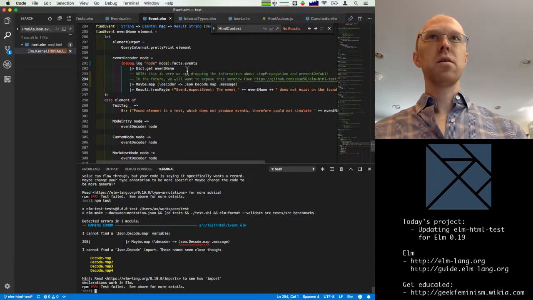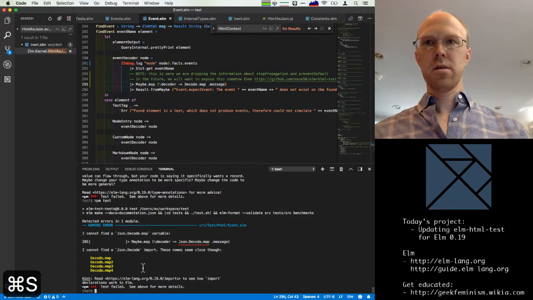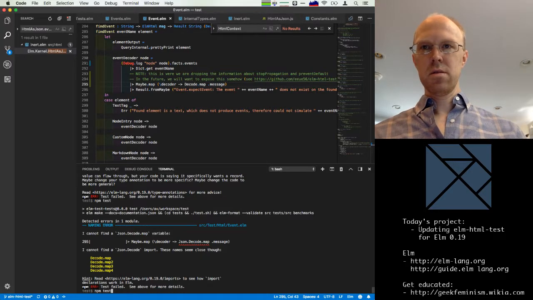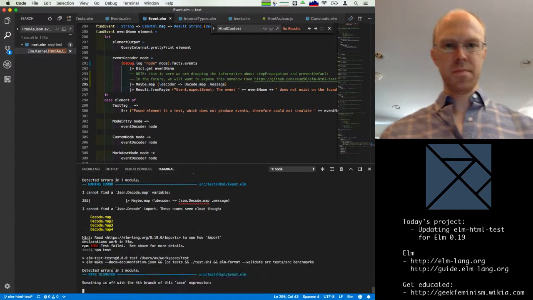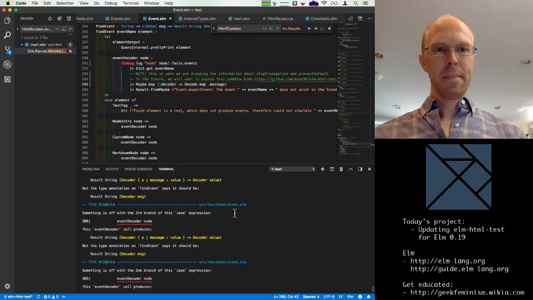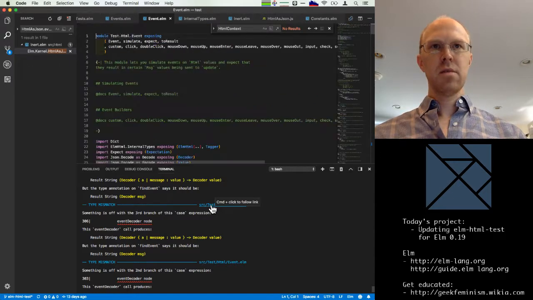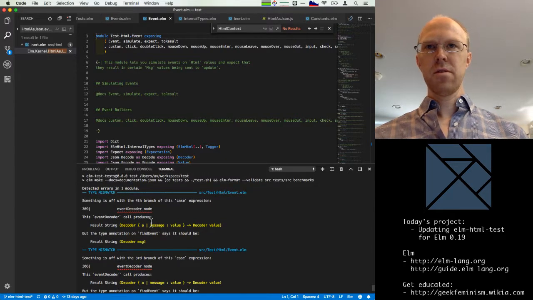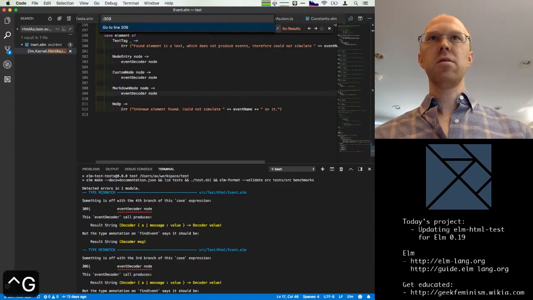And it's already imported as just as decode, it looks like. So it's suggesting those names. And let's see. Something is off with the third case expression. Okay, line 309.